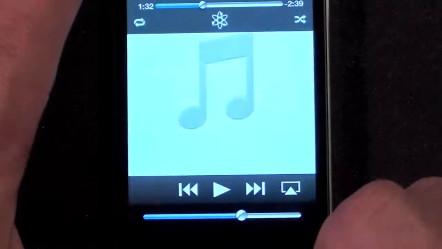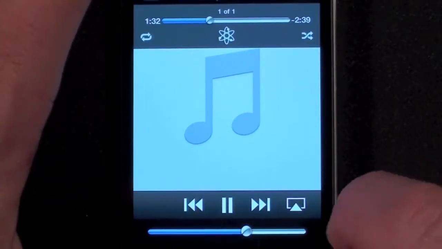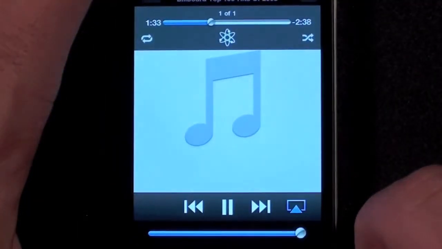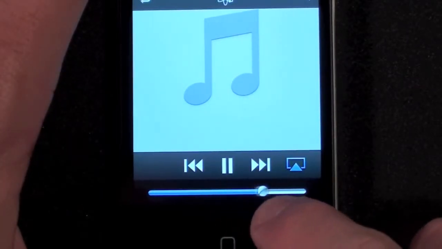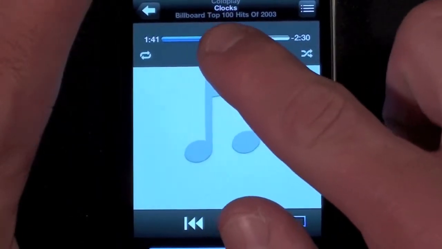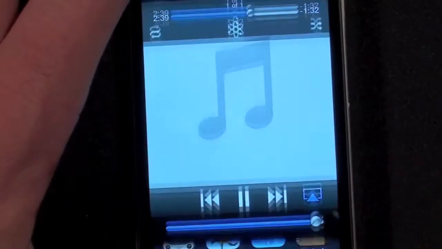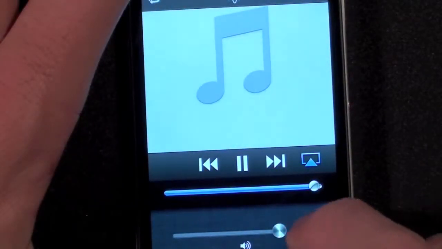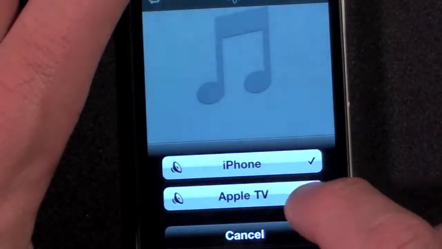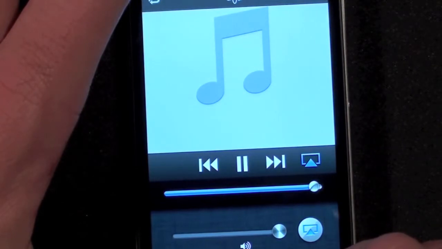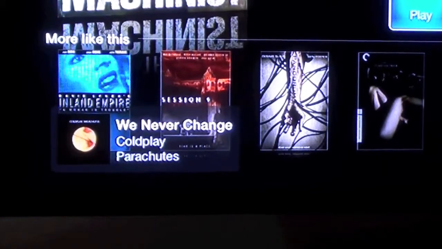The AirPlay icon now appears in the iPod app. So if you're playing a song, in this case we're playing Coldplay, and we hit play, we now have the option to send this to the Apple TV. And so now I have control of the volume, and the audio is now appearing through the Apple TV on my home theater. And of course I can scrub it, and it does take some time to catch up over Wi-Fi. You can also again control it through the widget. On the Apple TV, you do get a little indicator which tells you what music is playing through the AirPlay